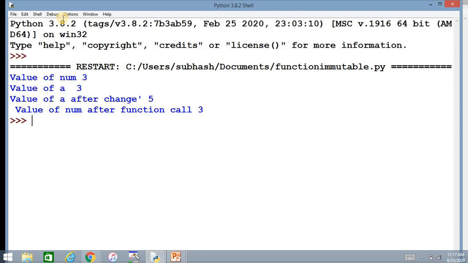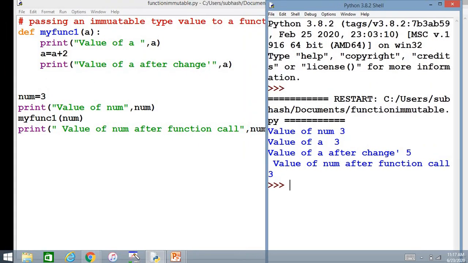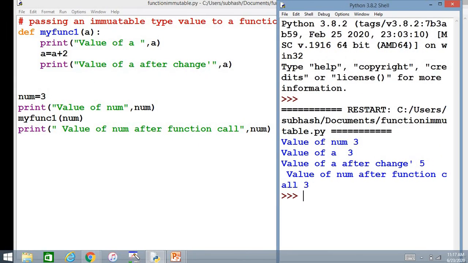What is happening here and how did you get this result? Can you explain how it is coming here? Initially we have num is equal to 3 and you are printing there. So this is actually printing the num value, and this is the first output.